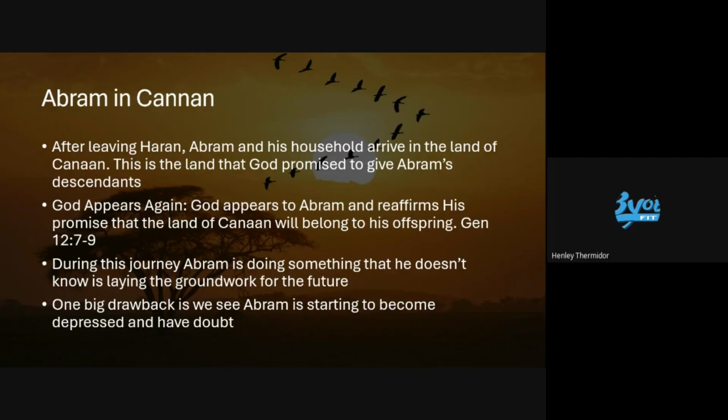So during this journey, every time Abram talks to God or prays, he has this habit of making a well. He'll build an altar or a well, and this is where he'll pray and dedicate it to God, trying to hear a word from God. He just keeps going around in the land of Canaan, praying, building a well, praying, building an altar, praying, building a well. He starts to realize he's building so many wells and he hasn't heard anything else from God. He starts to become depressed.